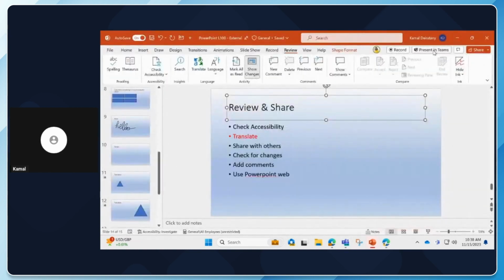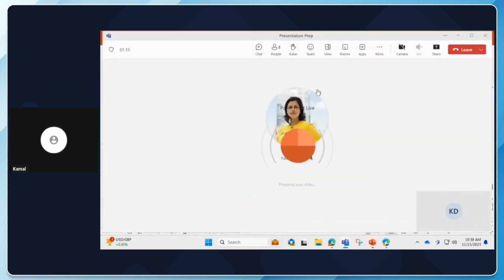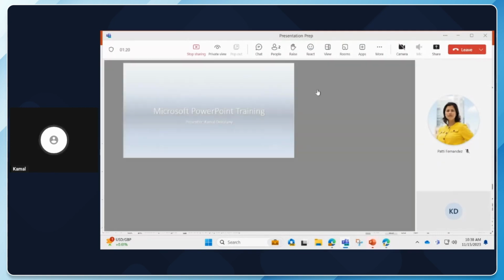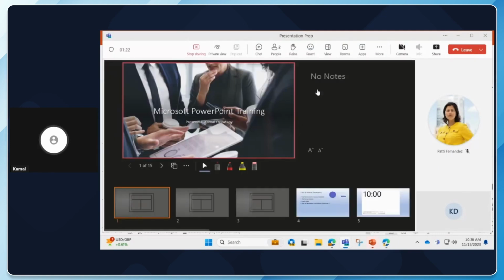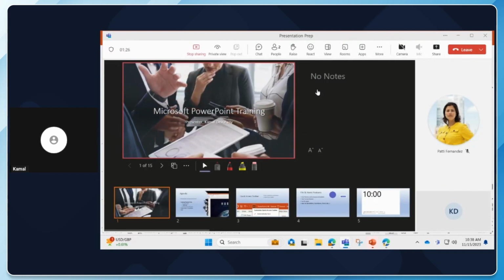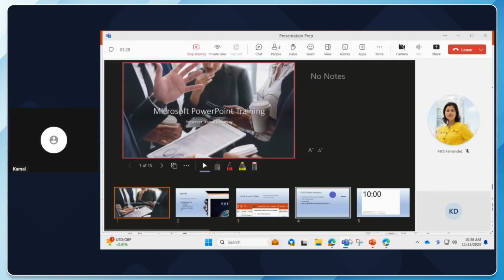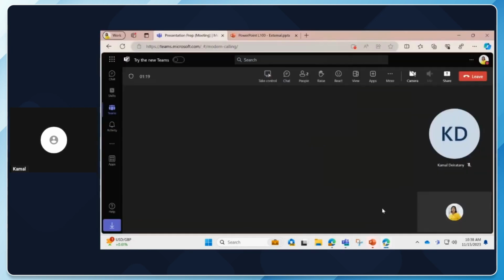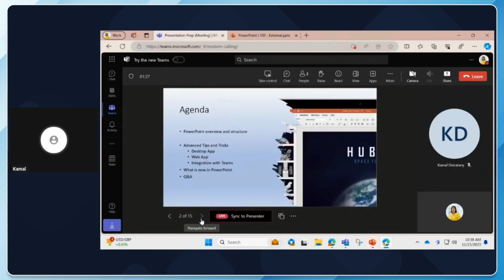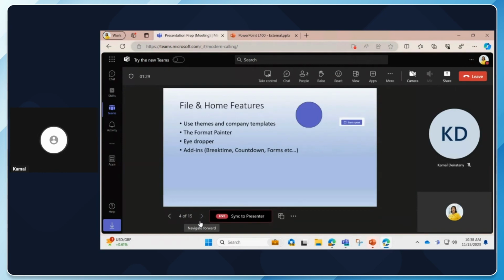Sorry, let me do it again. Present in Teams, present, and you can see presenting your slides as a PowerPoint live deck. Now, how is this different than sharing your screen or sharing a screen that has a PowerPoint deck? The difference is, let's look at the end user side. This is the end user. And what they can see is they can see the whole deck and they can navigate through the deck and see what's coming up. Only use this if you know that this is a deck you're okay with users moving